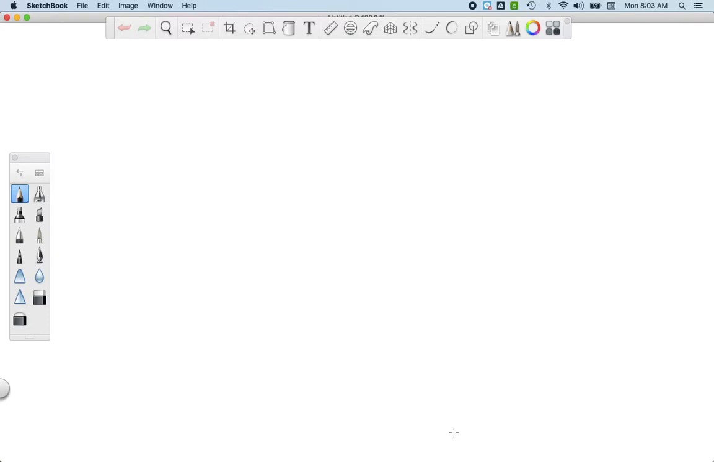Pretend we're reviewing for a test. I'm going to go through kind of the things that I would test you over, and I will be posting an assignment for you to do online tomorrow. So let's start with the structure